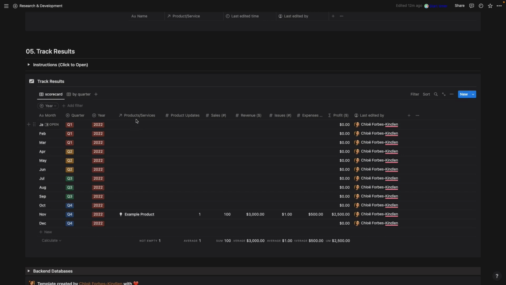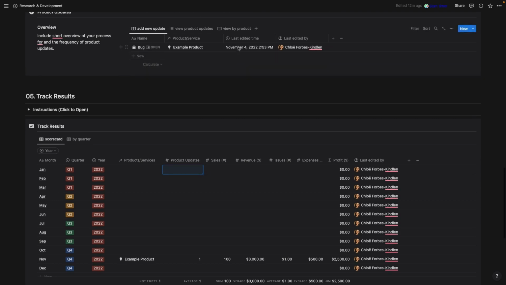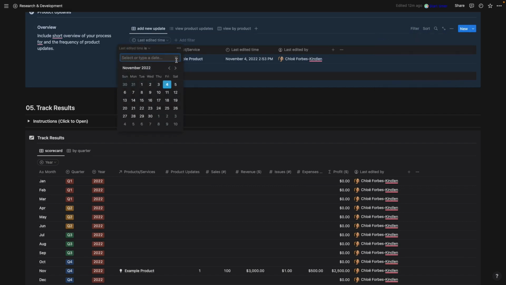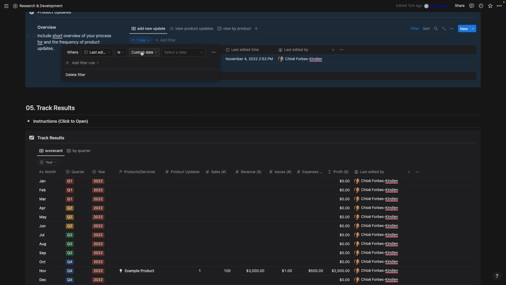Now you might not want to use this column. That's up to you. You can just click in here and you can hide that column, or you can delete it. And I've got some metrics in here for you, and you just type in the response. So how many product updates you've made, you can always click in here and see, and you can actually filter this by last edited time, and you can work out, okay, if I click these 6 dots and I add this to filter, last edited was before